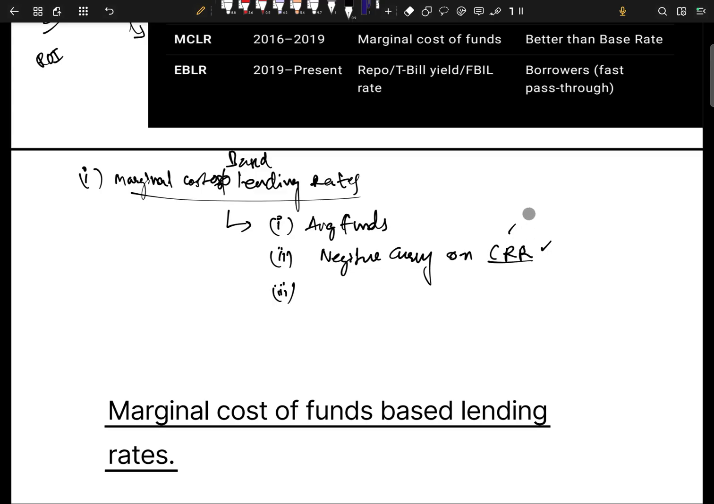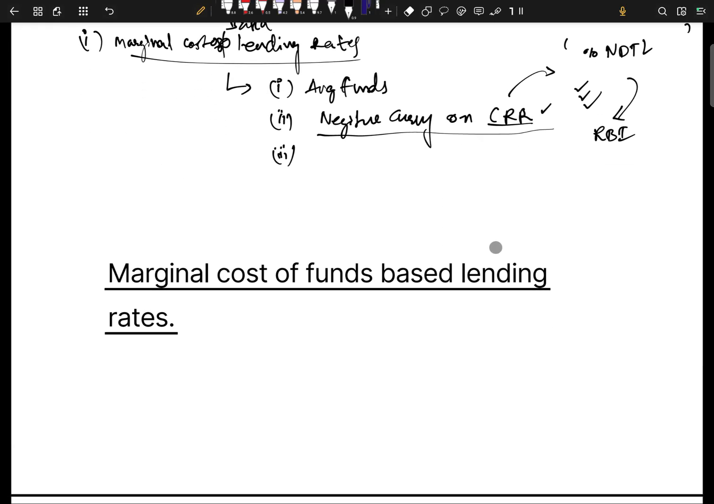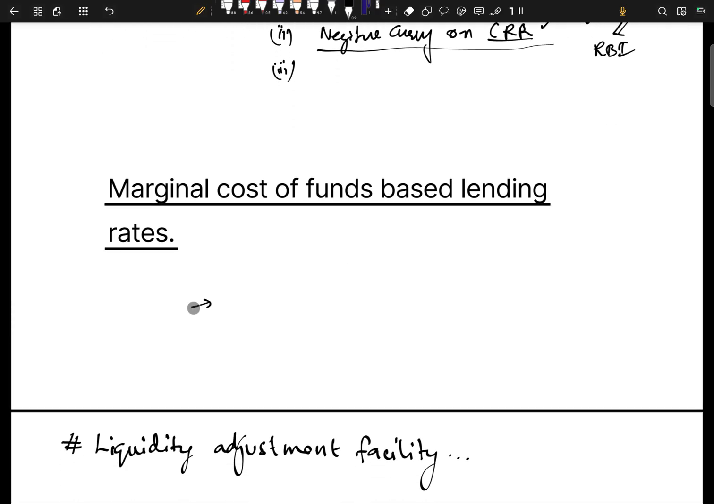We'll see what cash reserve ratio is very shortly, but let me give you a brief. Cash reserve ratio is the percentage of NDTL, net demand and time liabilities, that the banks have to deposit with RBI in the form of cash or G securities or gold, right? So what is negative carry on CRR? Let me explain here. Because the banks have to deposit some percentage of NDTL with RBI,